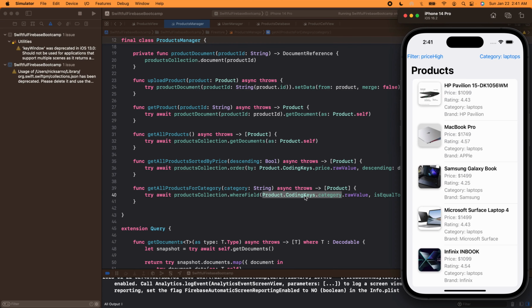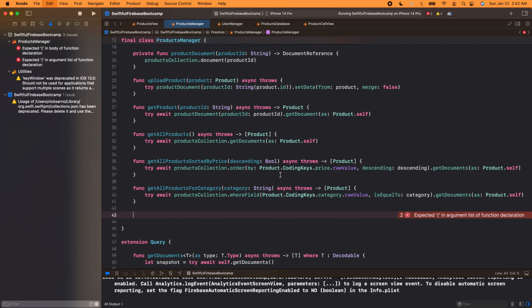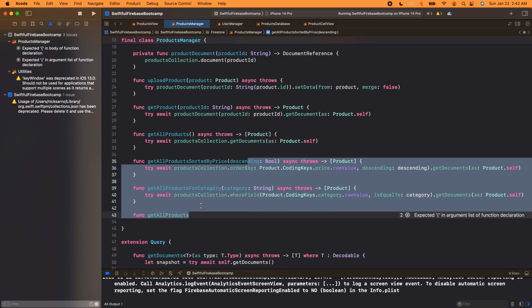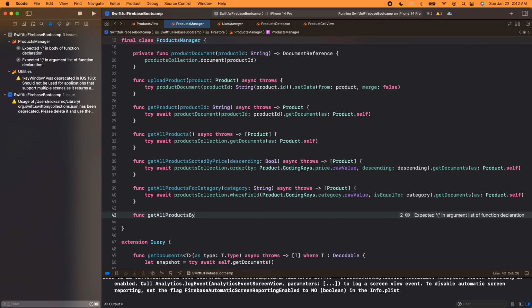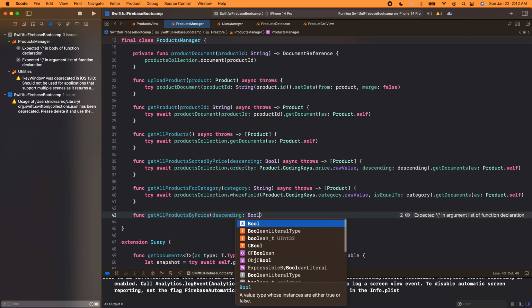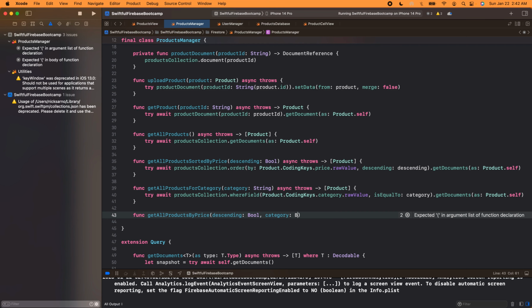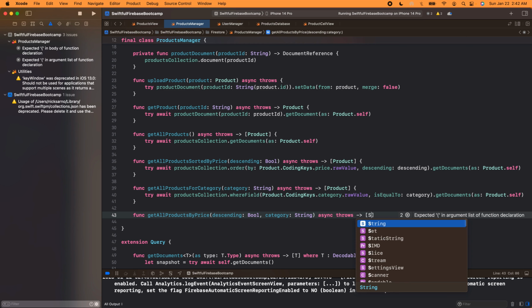And the last thing to look at though is that these aren't working together. We want them obviously to work together. And so let's do a func called getAllProducts again. And this time let's try to combine these two functions. So we're going to say getAllProducts by price, descending of type Bool, and for category of type String. And to make this asynchronous, async throws, returns an array of Product,